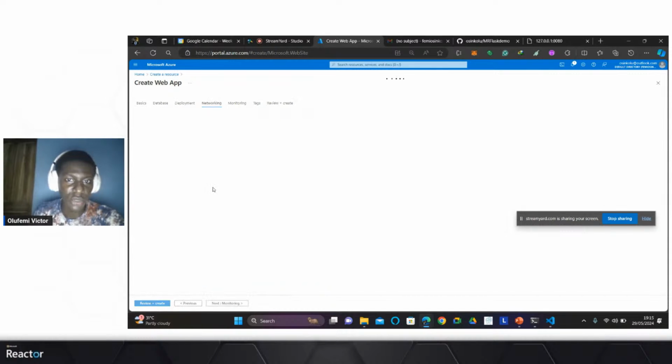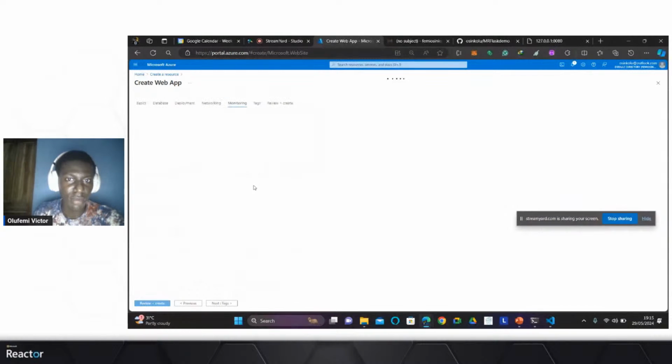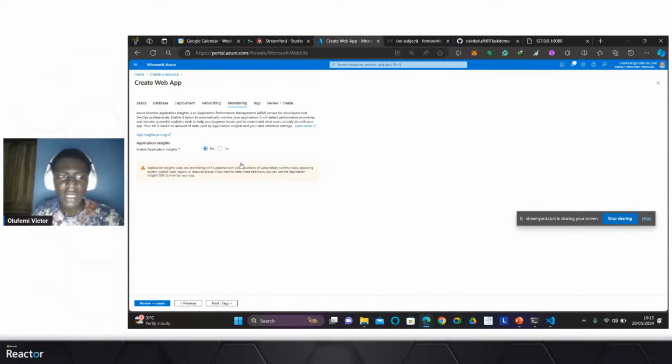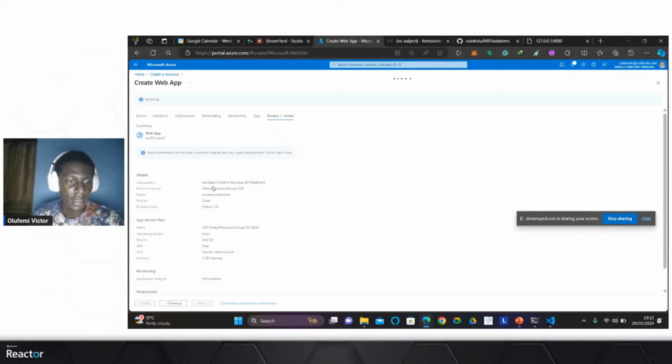You can go to networking and monitoring as well, but I can skip all that and just move to review plus create. If you have a subscription that supports monitoring, you can use it, but for this free subscription, unfortunately, you will not be able to see Application Insights while your app is running. So let me just skip to review plus create, because it's really as simple as that.